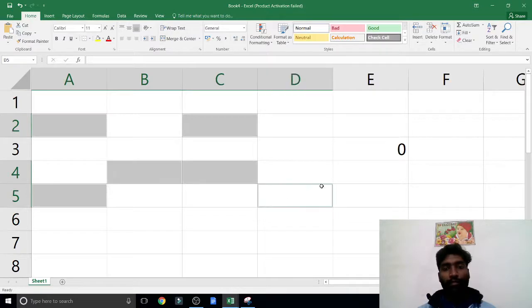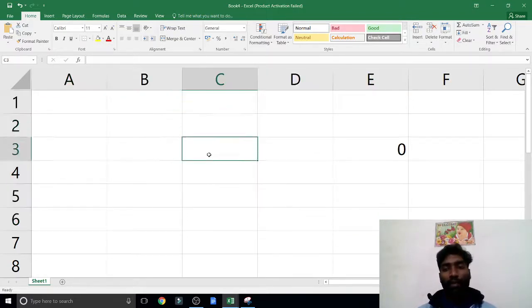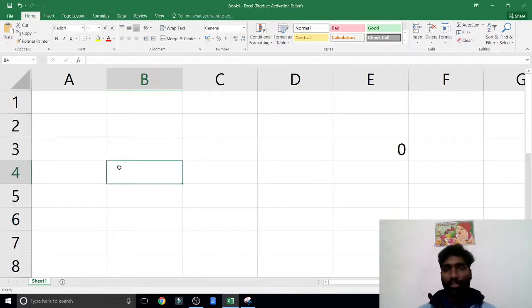You can see I am selecting the cells randomly. It is not a continuous selection, it is randomly selected cells. How can we do this? By holding the Control key. If you don't hold the Control key, you cannot select the cells.